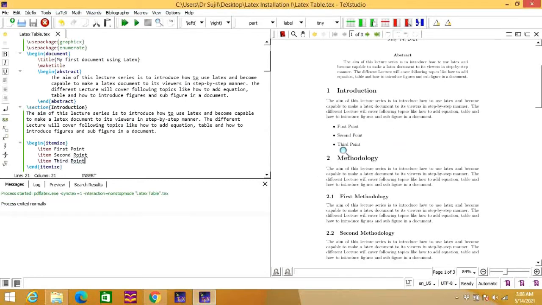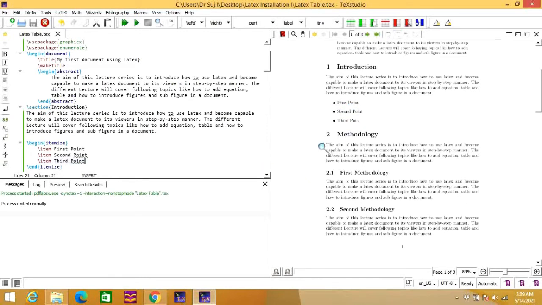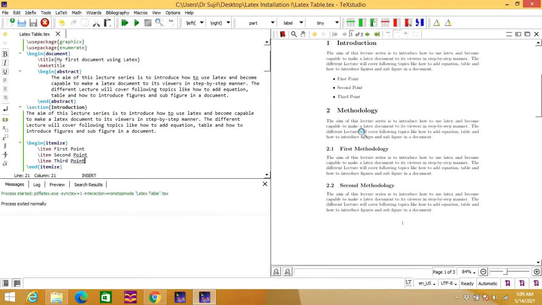Okay, so now this is about the bulleting in LaTeX. Now let's see how we can add numbering in LaTeX. So let us keep it here as it is. Now we are going to introduce numbering after this methodology paragraph.